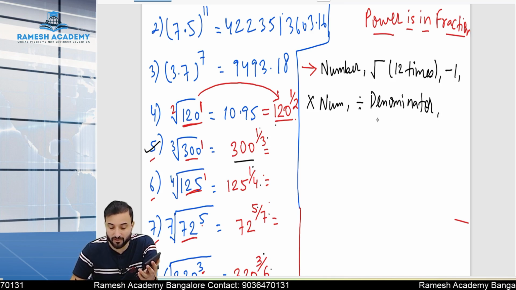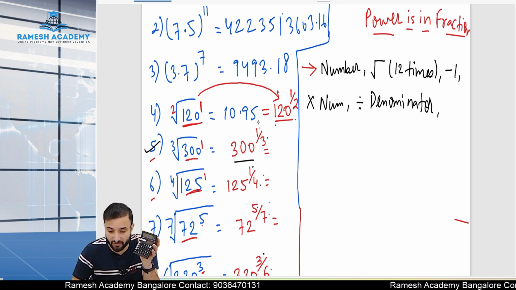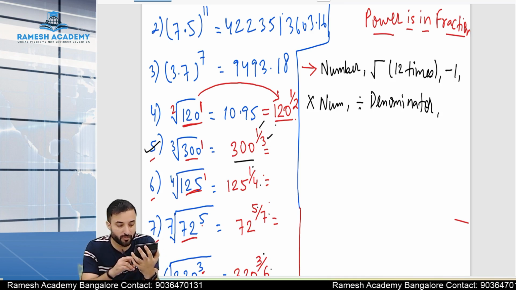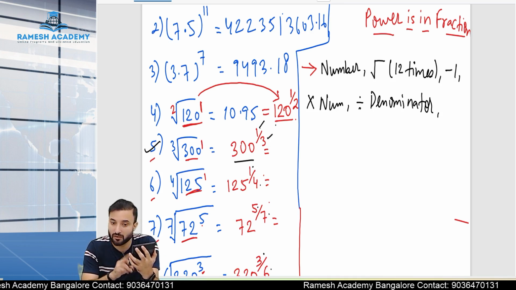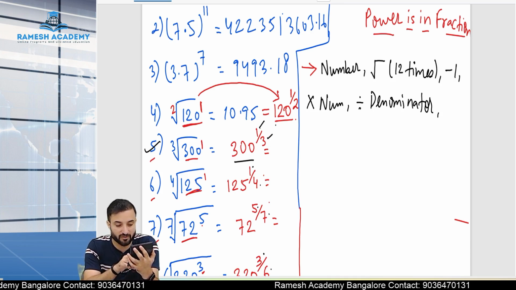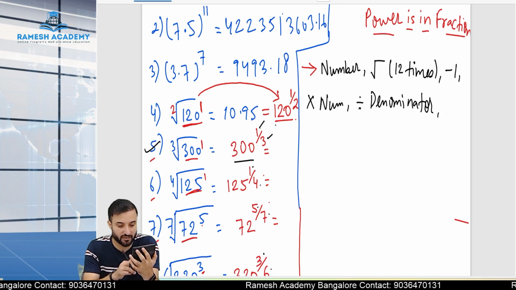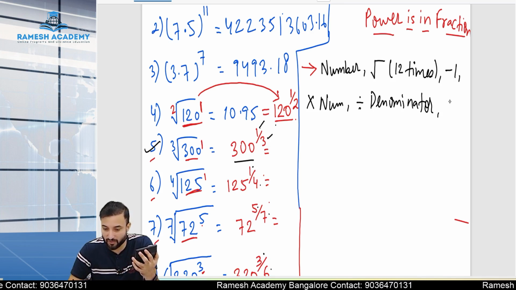So multiply with numerator and divide by denominator means, see, we'll see the power. This is a numerator, this is a denominator. So multiply with numerator means multiply with 1. Divide by denominator means divide by what? 3. Yes, divide by 3. So whatever you are getting, you have to do the plus 1,